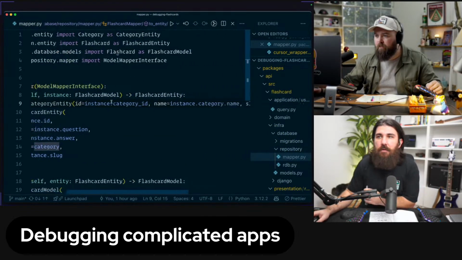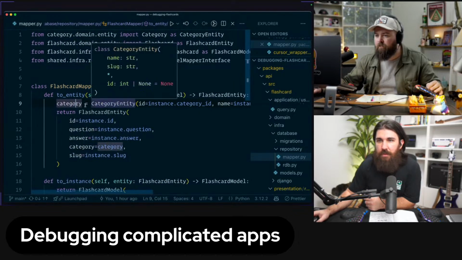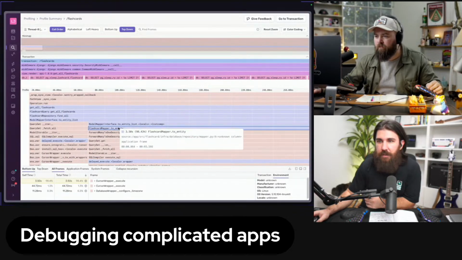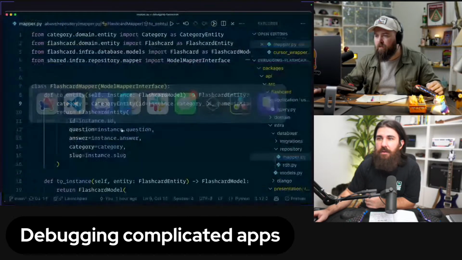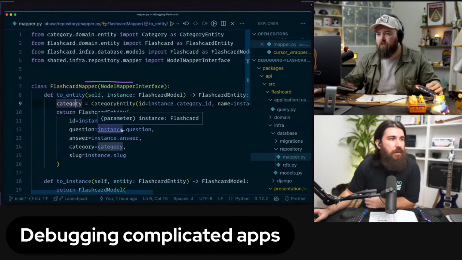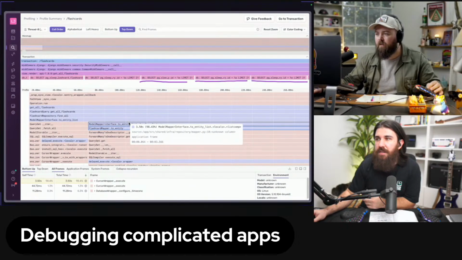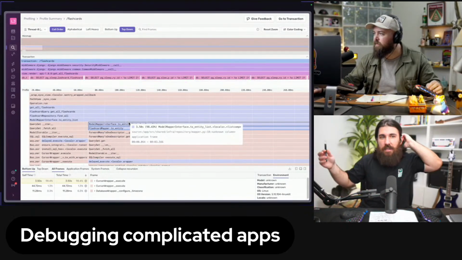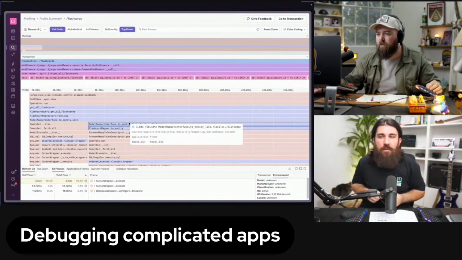There we go. So when we are invoking the category entity, that's when we are creating these repeated calls. That is making an additional DB call, which is causing that waterfall to happen.